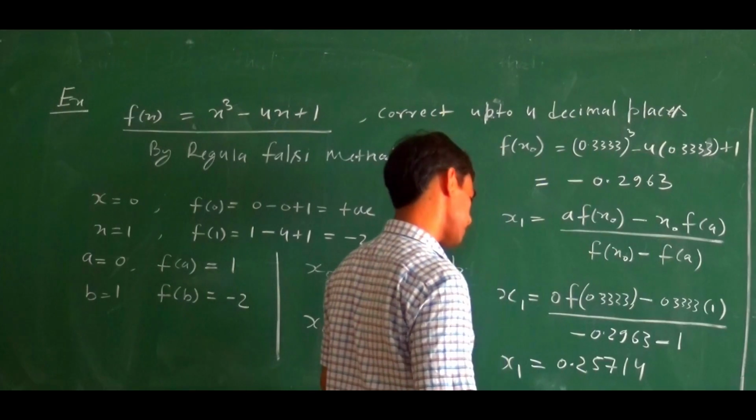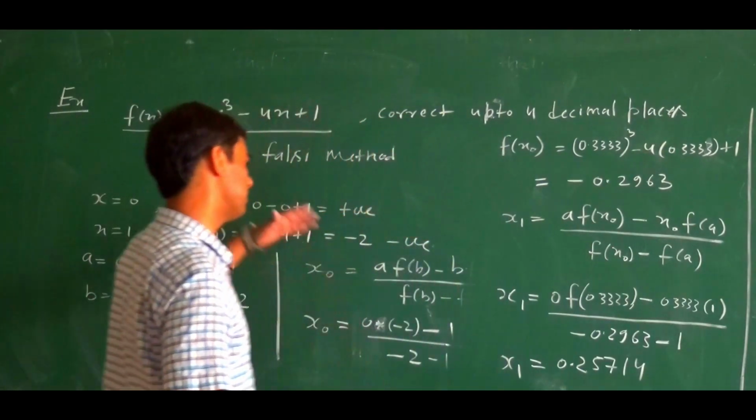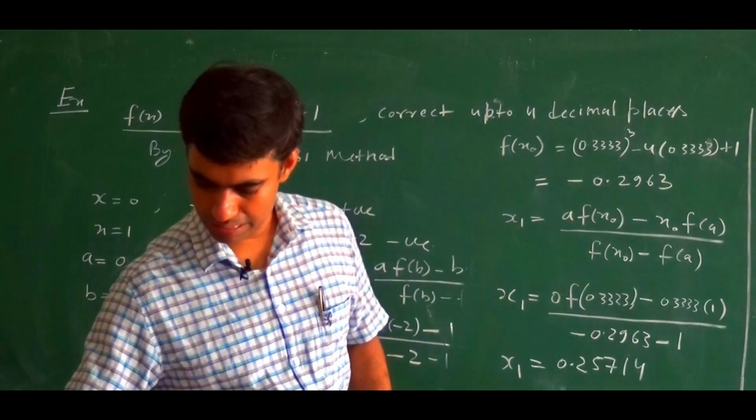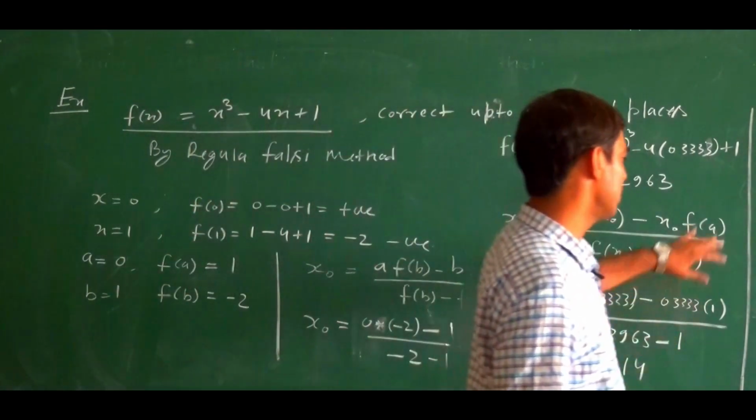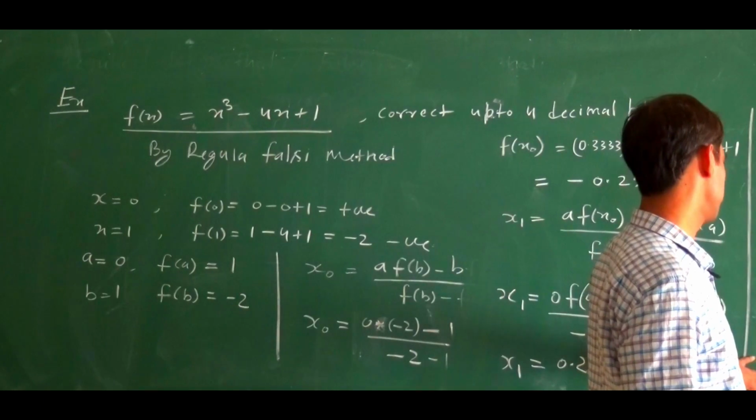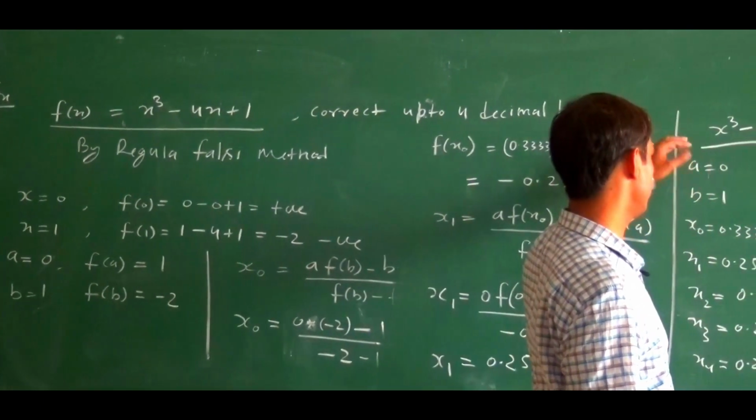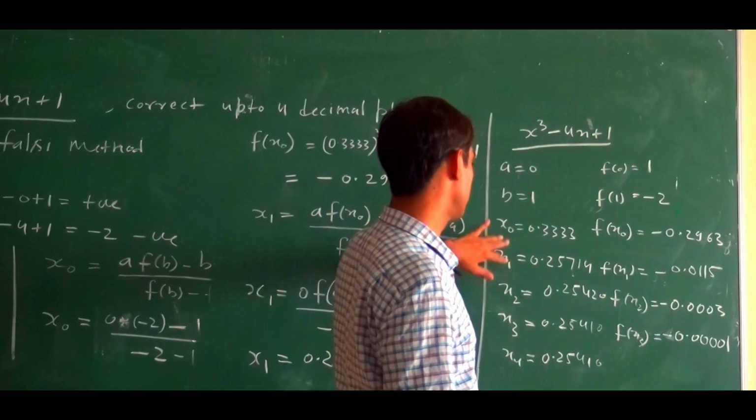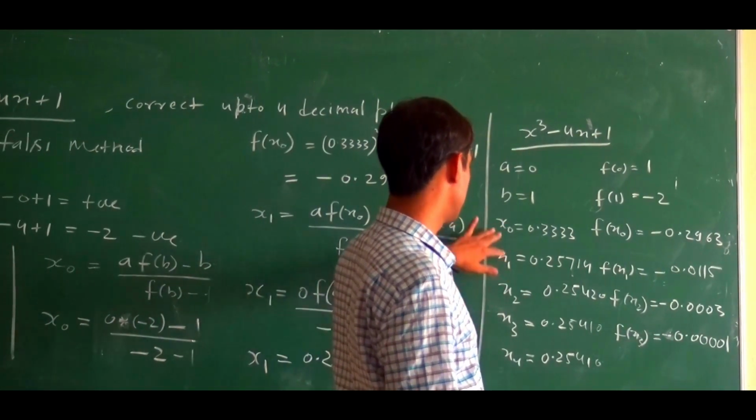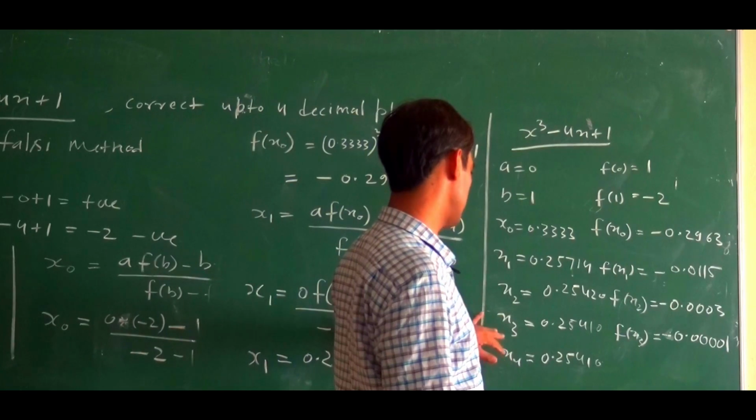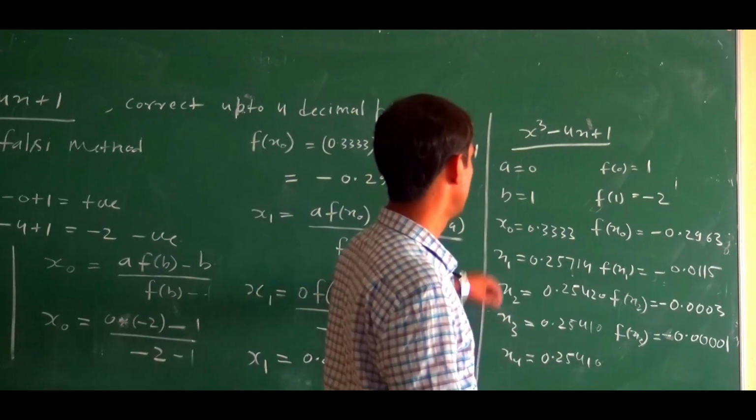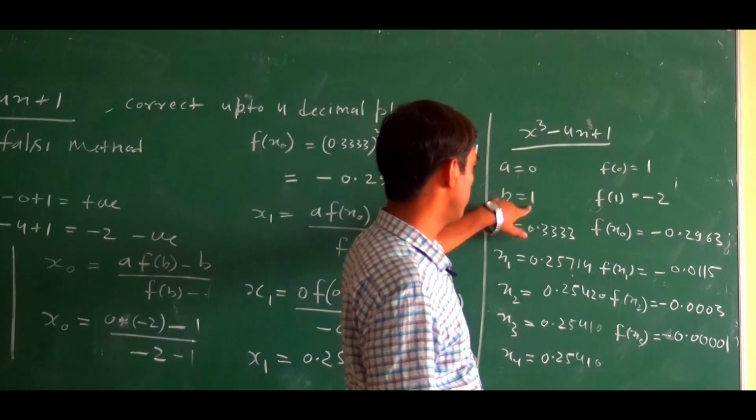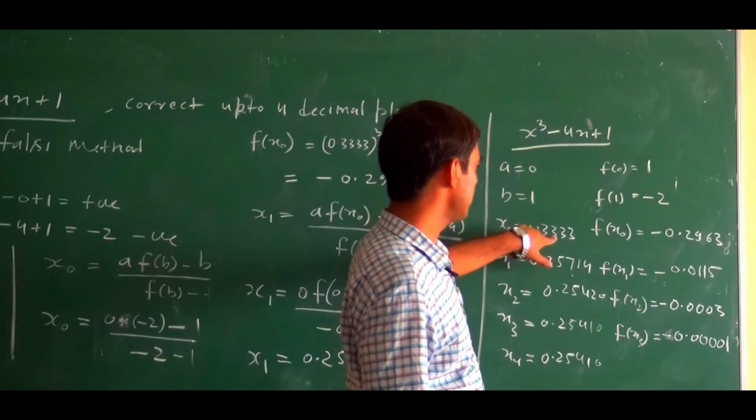0.2525714. Now, in the next iteration, we repeat this procedure. Here we write down all the values up to the fifth iteration. What are the values of x0, x1, x2, x3, the approximate roots? So here a equals 0, b equals 1, then x0 equals